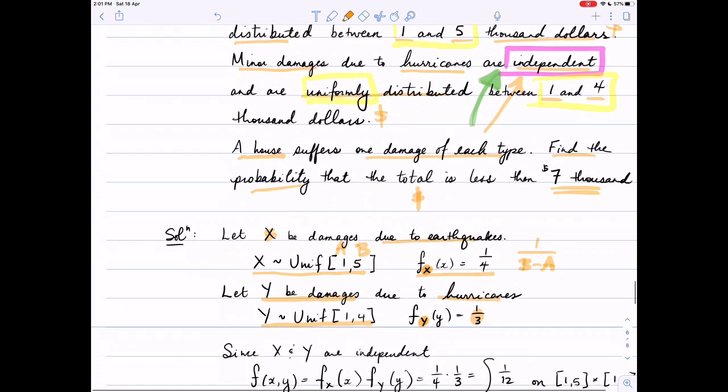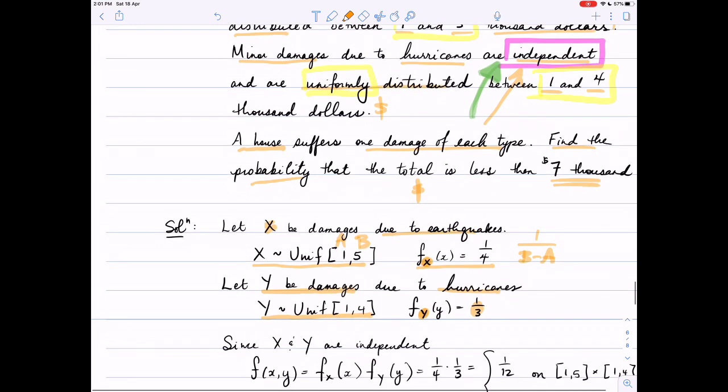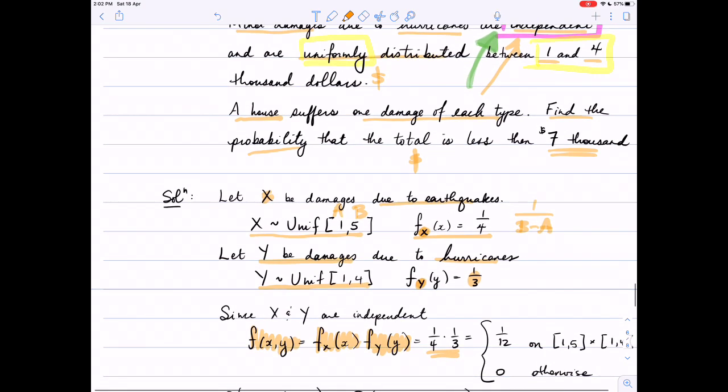We can find their joint density, because if we know they are independent, then we know the correct factors, and we can take those marginals and multiply them. And so we get that the joint density is 1/12 on the rectangle 1 to 5 cross 1 to 4, and 0